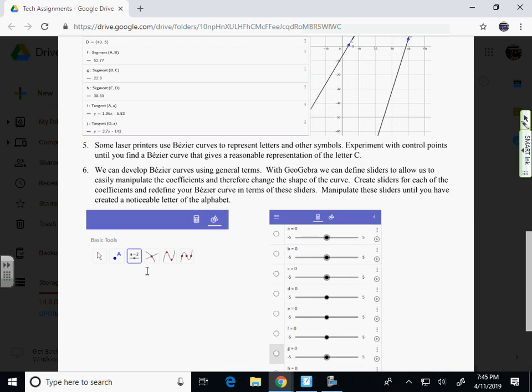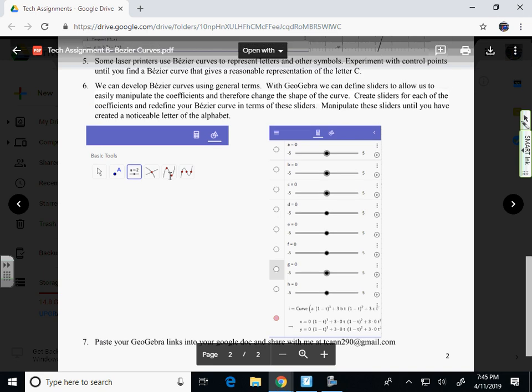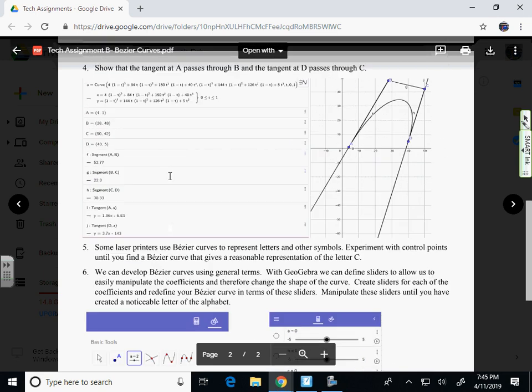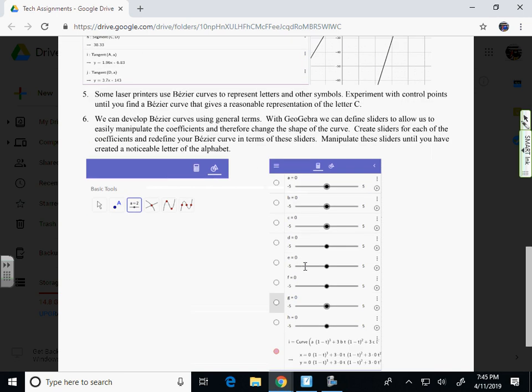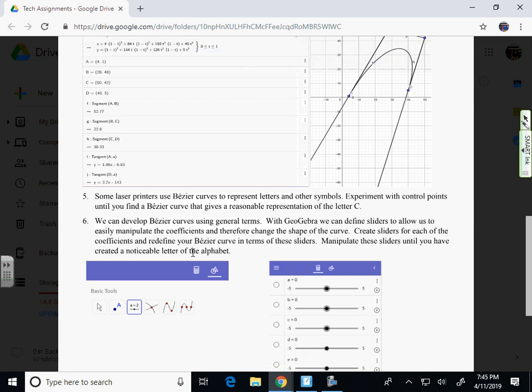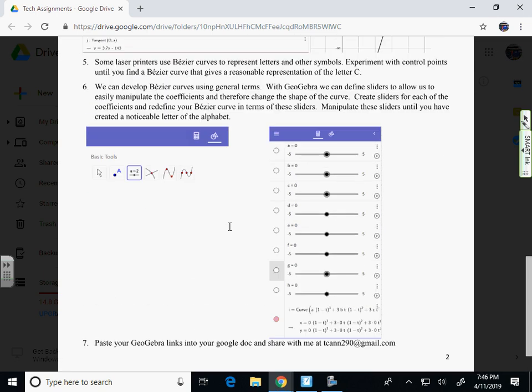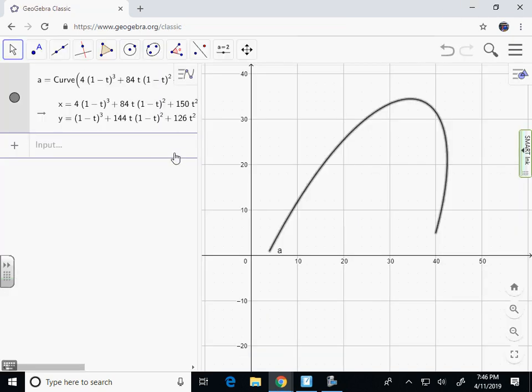The next part of it that can be a little funky is the part with the sliders. Making what? Well, that's after the sliders. Okay, well you should do it after it. Is that the noticeable letter of the alphabet? Yeah, we'll go with that. So we need to create sliders using the same expression, but that can be pretty easy depending on how you